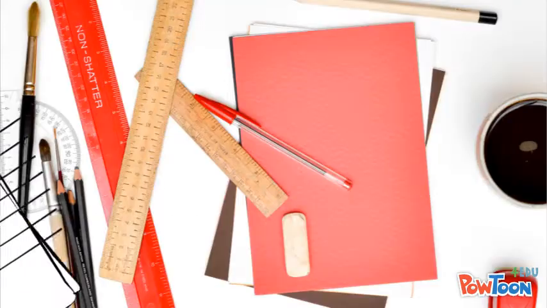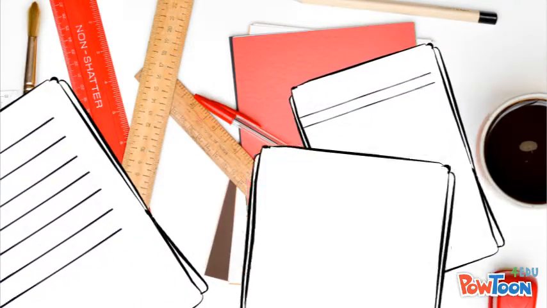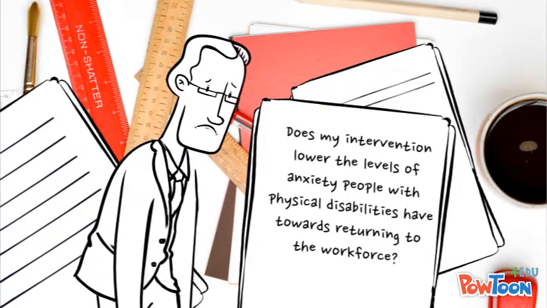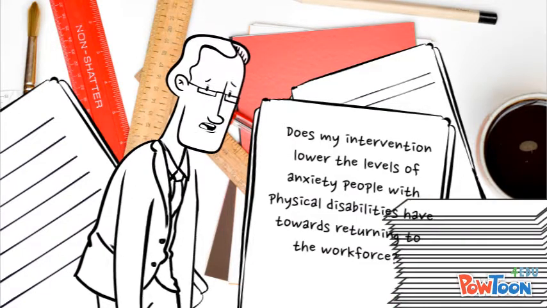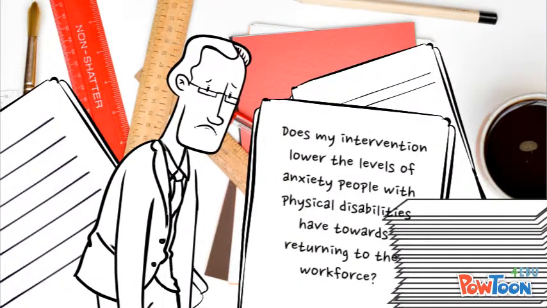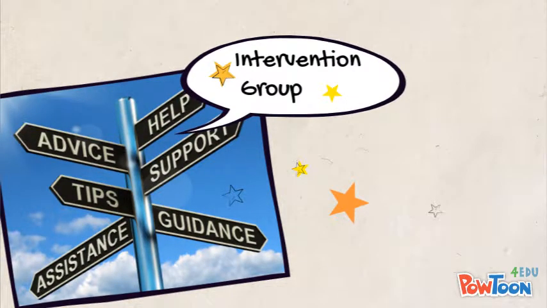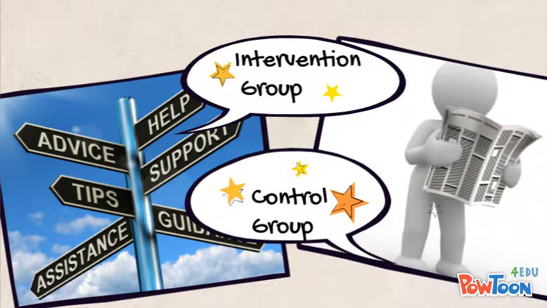A rehabilitation counselor would use the randomized experimental approach if they were interested in investigating if their intervention lowers the anxiety people with physical disabilities have towards returning to the workforce. The counselor will randomly assign who will attend her intervention that provides techniques to cope with stress, as well as a support group, and who will go to the control group, which consists of the participants being given an article on